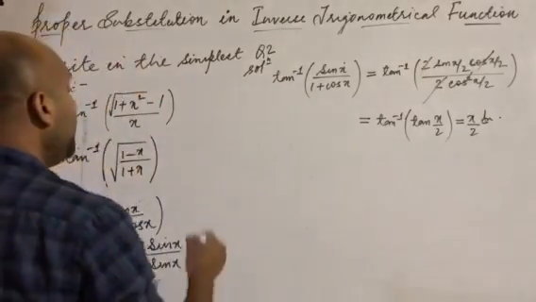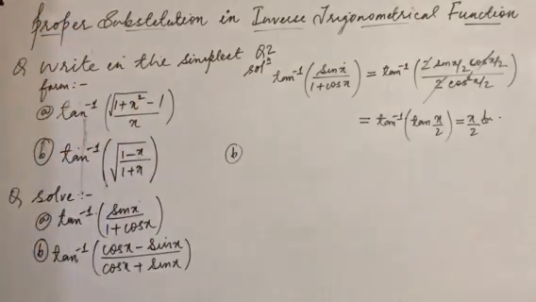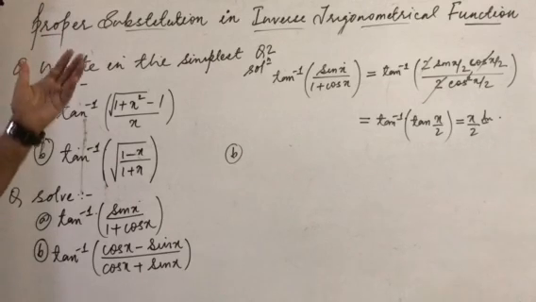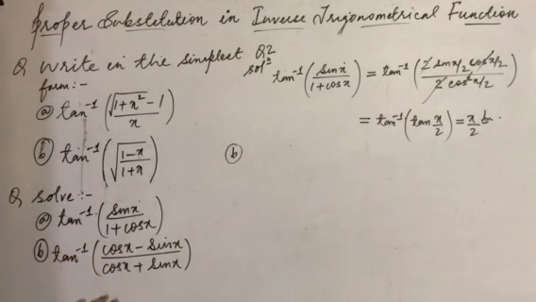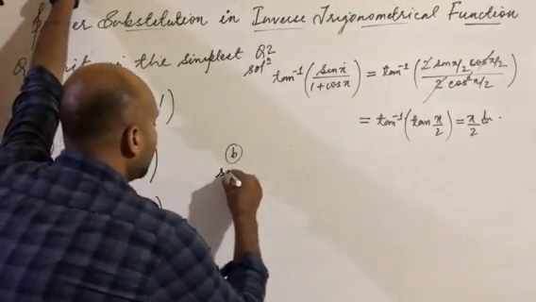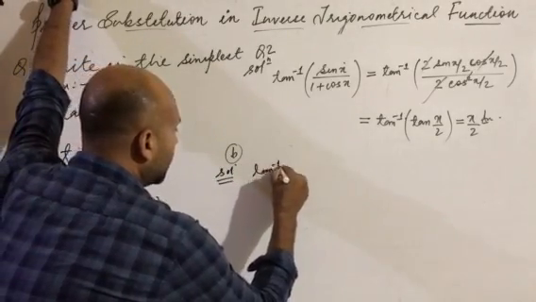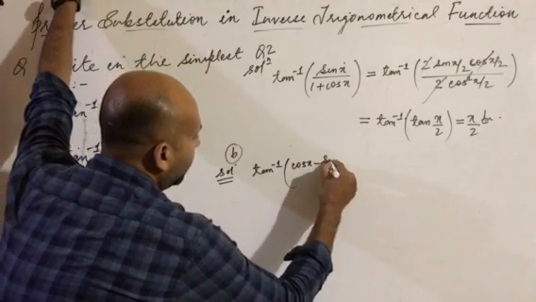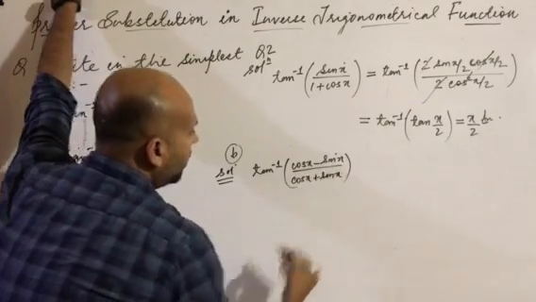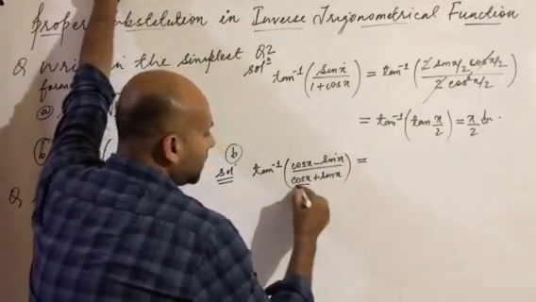That's very simple. Now the B part. In this question, tan inverse of cos x minus sin x divided by cos x plus sin x. As I have already told you, whenever such a type of sum is there, with cos x plus sin x in the denominator and cos x minus sin x in the numerator, or vice versa, your target should be that the first quantity in the denominator should be 1. So for that, whatever is present as the first term in the denominator, you are going to divide the numerator as well as the denominator by the same term. So here we can write tan inverse of cos x minus sin x whole divided by cos x plus sin x. You are going to divide the numerator as well as denominator by cos x, because this is the term which I have to make 1.